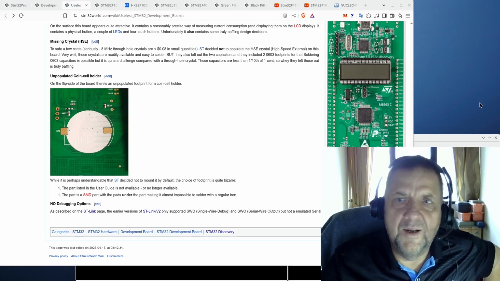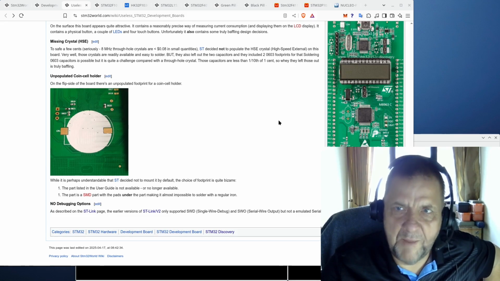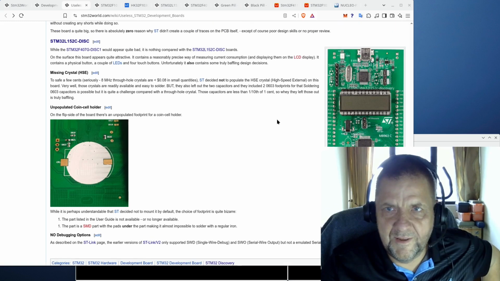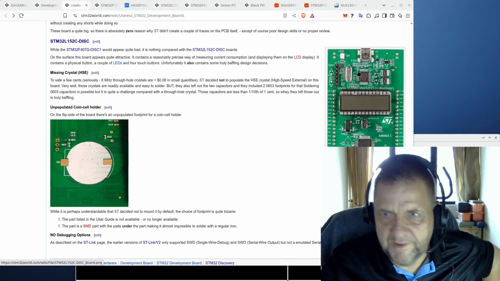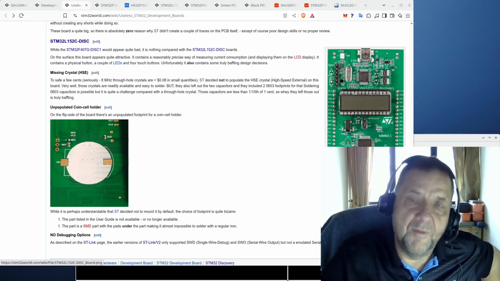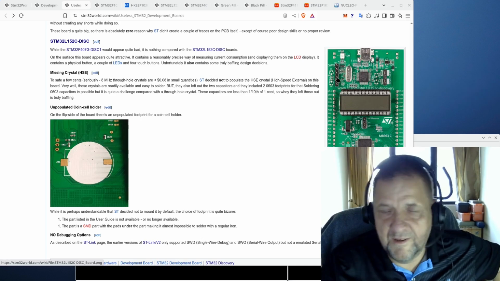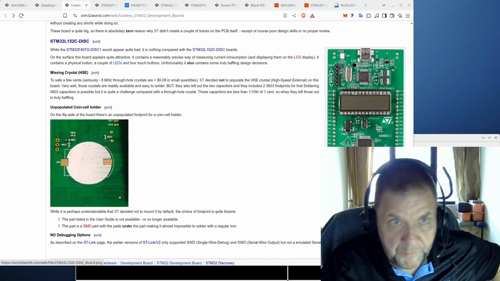So why is the situation this bad? Now, I understand that for a company like ST Microelectronics, these boards are loss leaders. They don't make money on them. They most likely sell them below cost. I mean, this board, for example, the